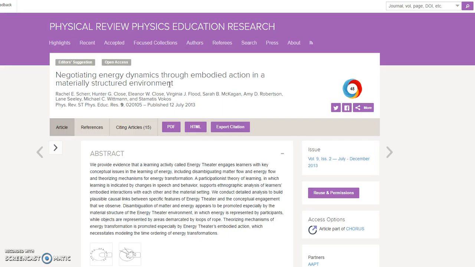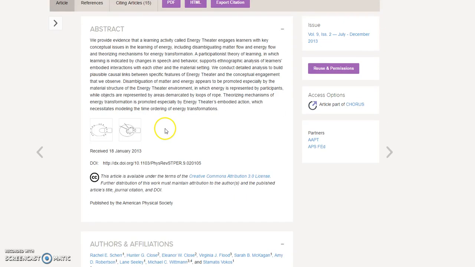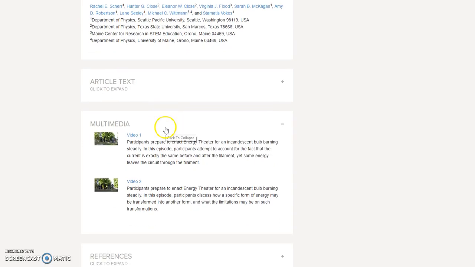I've already done Walker graphs in the mechanics course, and this seemed to me to be an even more sophisticated version of using students themselves to construct a model in physics. And the other thing that appealed to me about this paper was that it had some multimedia attachments where they had participants, and these participants were teachers. I think they were mainly primary and lower secondary teachers, and they were trying to enact an energy theatre for an incandescent bulb. I read that and I thought, great, this is very relevant to the circuits part of the